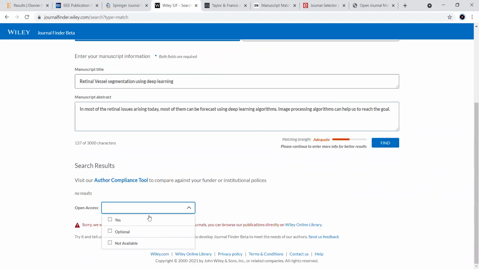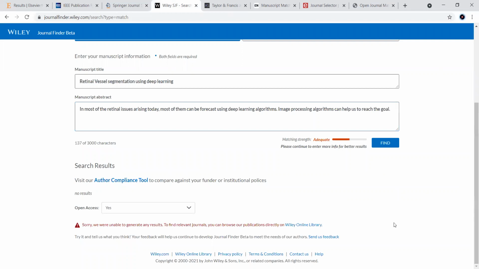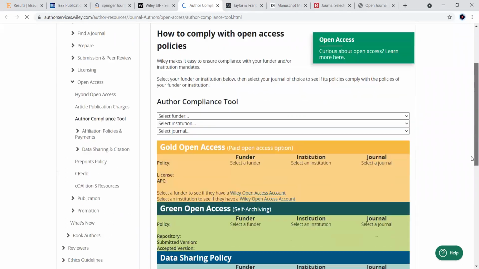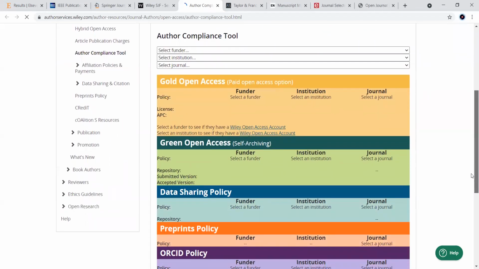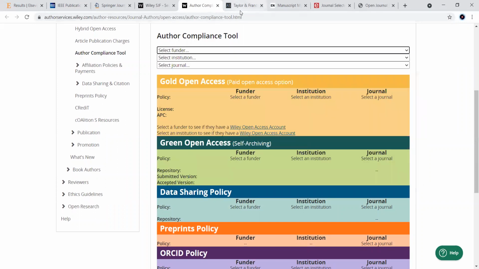You can type here. Otherwise, you can go for other compliance tools here, and search for which type of journal it is. This is about Wiley.